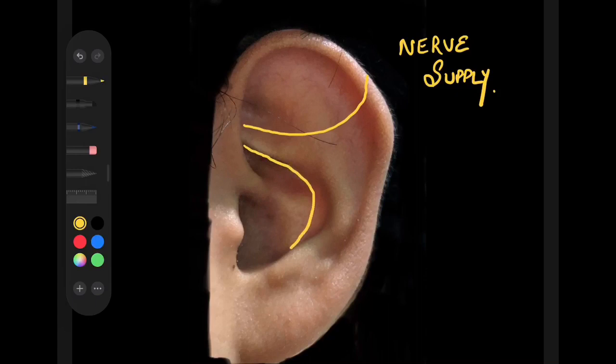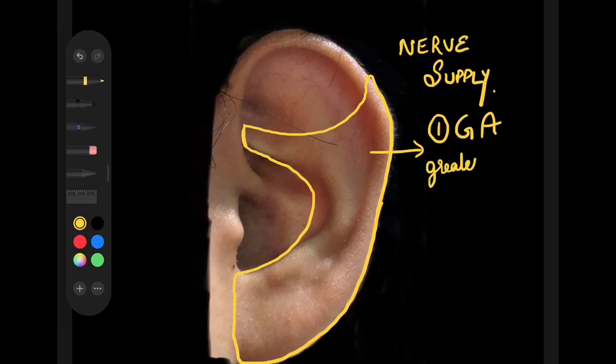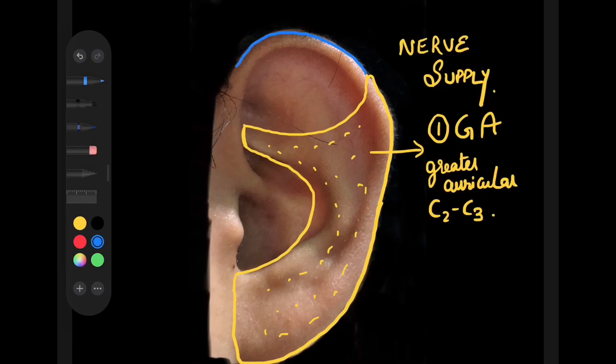I'll say it'll be better if you take your finger and touch the parts of your ear along with this. So see, the lower part or the major part of the helix, along with the antihelix and the earlobe on the lateral surface, is supplied by the greater auricular nerve. The greater auricular nerve is a branch of the cervical plexus, supplied by C2 and C3. So if you rub a finger over there right now, you will feel that the sensation going to your brain is via C2 and C3, the greater auricular nerve.